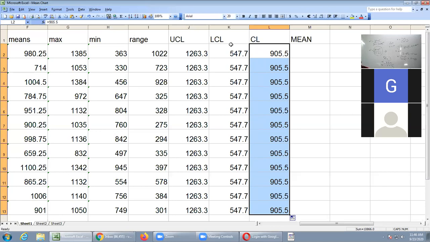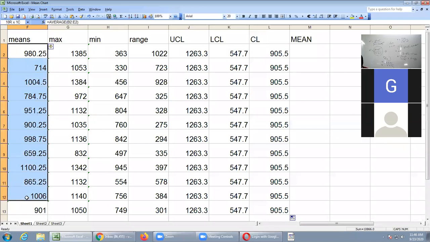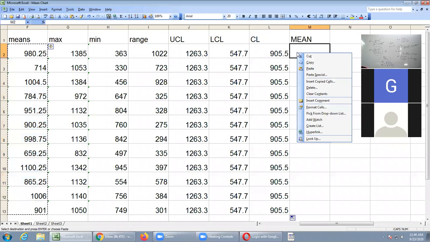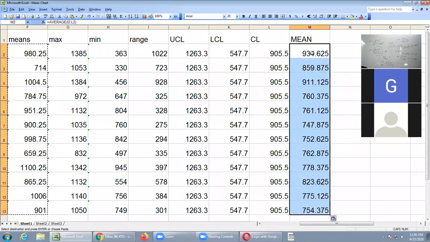So now I know UCL, I know LCL, I know CL, but the mean chart you have to construct. Mean chart means you require mean values. So actually my mean values are here. I want to copy these values here so that I can select UCL, LCL, CL and mean values at a time for chart construction. Generally in the system, you will copy and then paste. But if you paste, what happens here? You will get different values. Why are you getting different values?